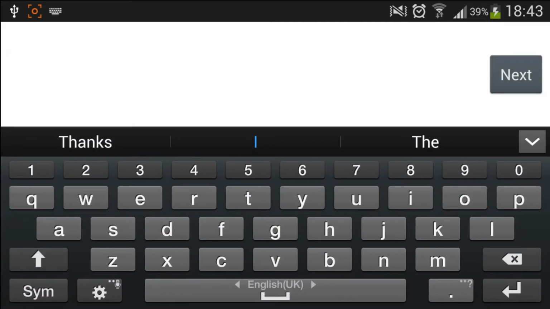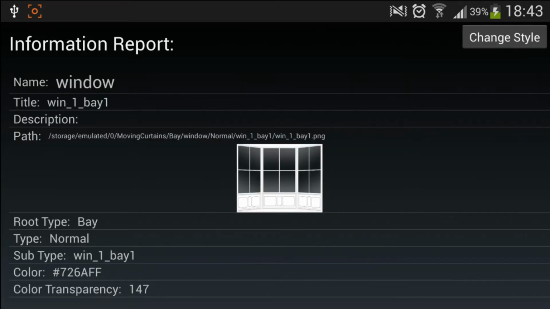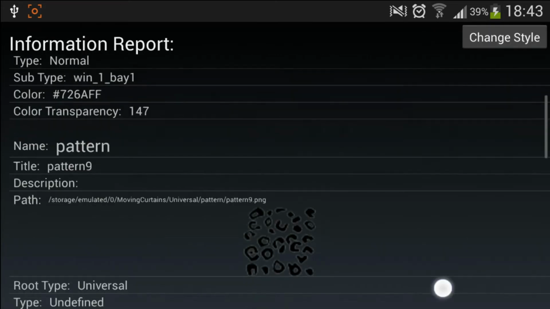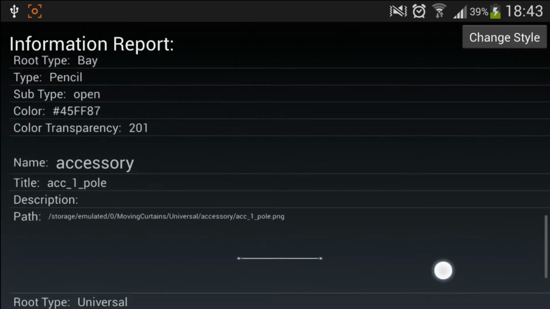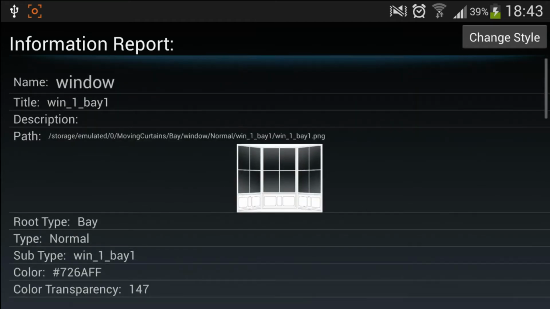Let's say test1, and we can also put note, and we also can see the total information about all combinations we have used, which we currently can see. Let's press on info. Now we can see everything, all types of images we used in our combination.